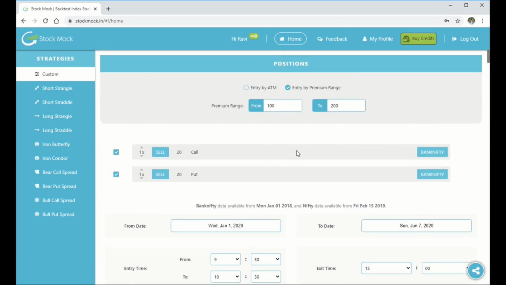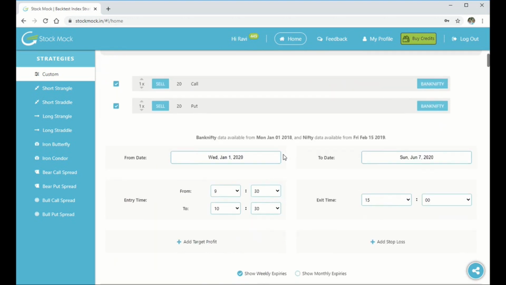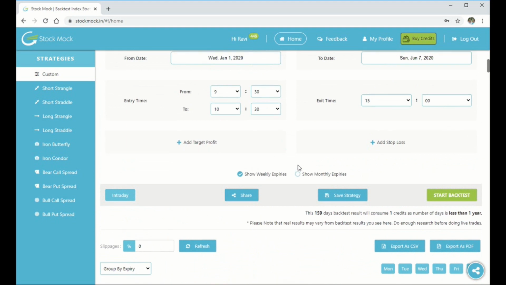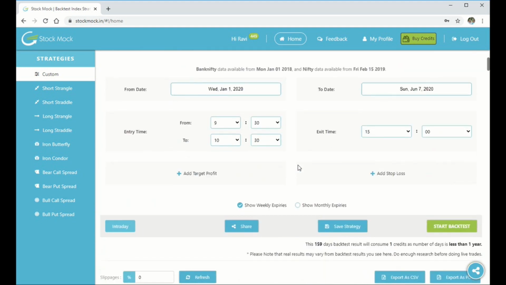There may be some times where, in terms of random backtesting, you might end up getting a strategy that is extraordinarily profitable. In those situations, make no mistake, save the strategy.